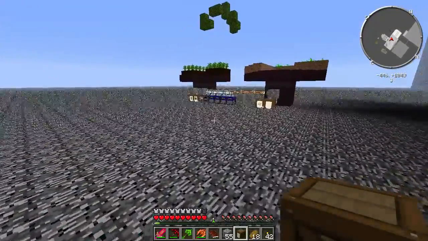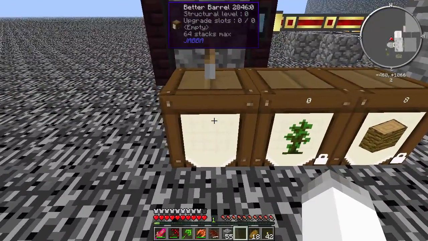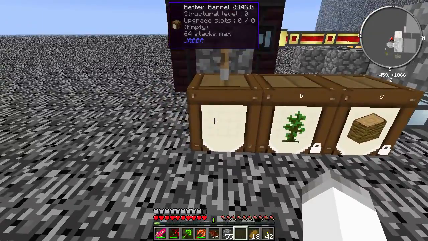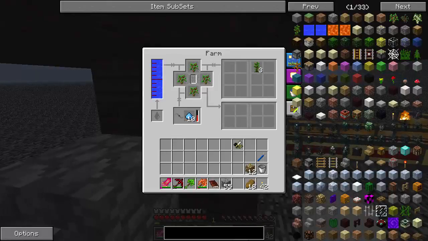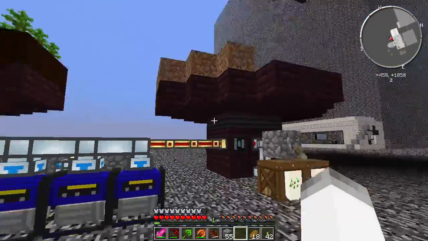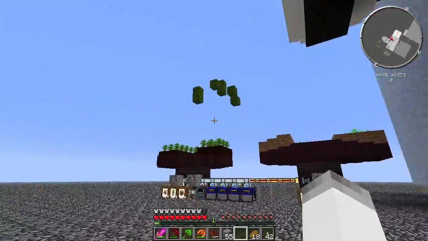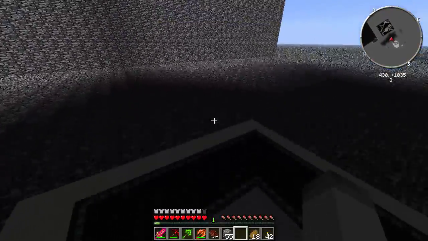But I'll let that white guy go, and we'll pop down here. Let some cocoa beans go into here. That should be good. We should see them in a second. Awesome. And then we can do that. And how much power? It's still got power. Cool. So yeah, you just kind of have to wait for things to grow, and they will, and everything's good. So let's